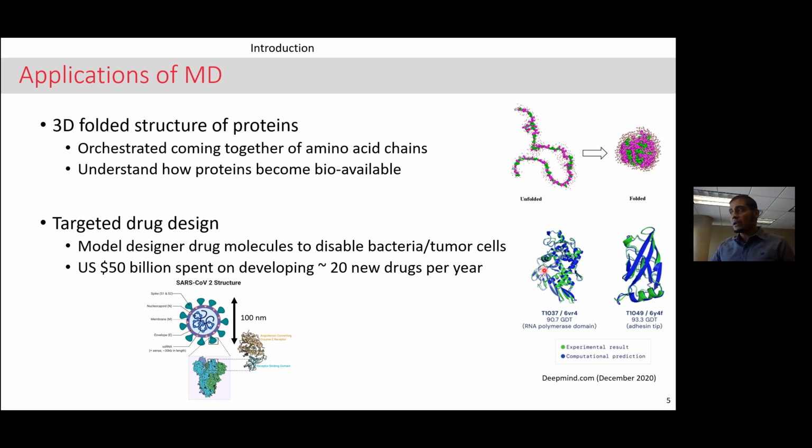And it turns out that we can't observe this process in a microscope. The only way you can model some of these processes is using molecular dynamics. And why would we be interested in modeling the molecular structure of these proteins and how it comes together? The reason why we want to do that is because if these proteins don't fold in the right fashion, you end up with diseases like Alzheimer's and things like that. So if you want to develop a cure for Alzheimer's, you need to know why the protein is folding in a wrong fashion, so that you can develop something that will allow the proteins to fold in the right fashion.